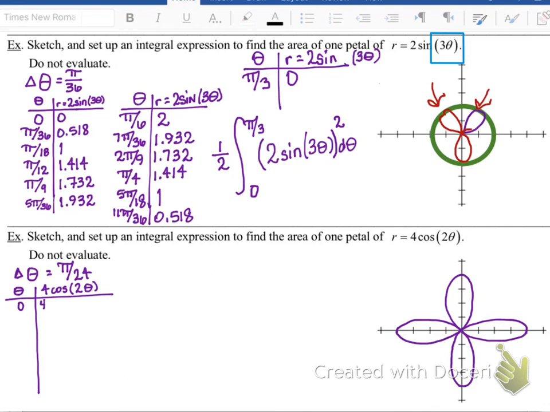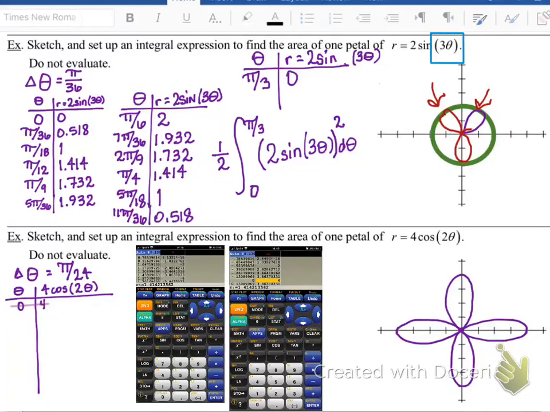Well, you cannot start, I suppose you could, but you probably shouldn't start there because you're not really finding the area of a petal. You need to start at that center there, so wherever your radius is 0. So you need to look through your table. And again, this is where people have issues, figuring out where to start and stop. So if you look, you are stuck in a dilemma on your calculator into going into negative radians